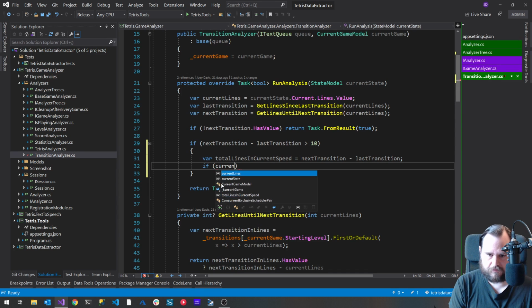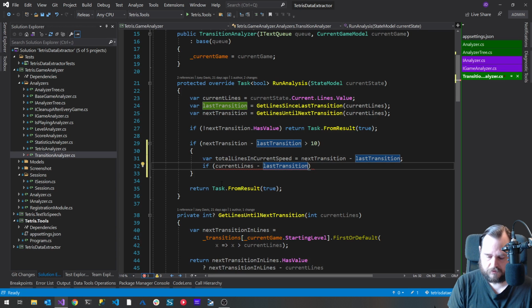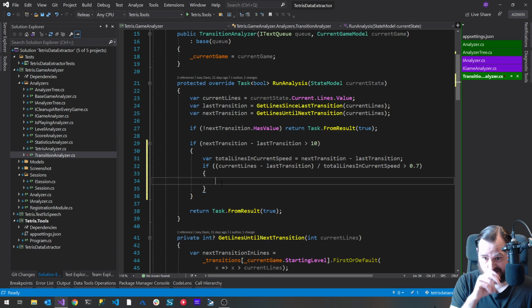And then we're going to say if current lines minus last transition, let's make sure to do that subtraction first, divided by total lines in current speed, if that is greater than 0.7, okay, then what we're going to do